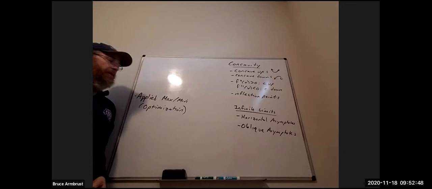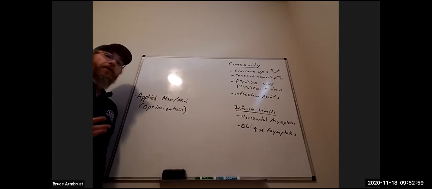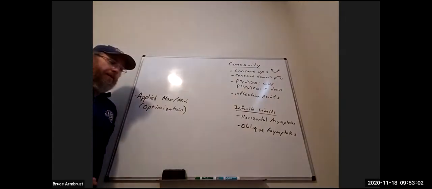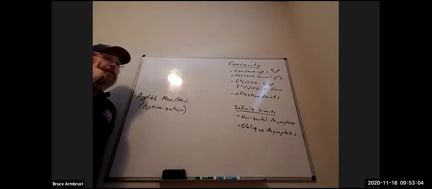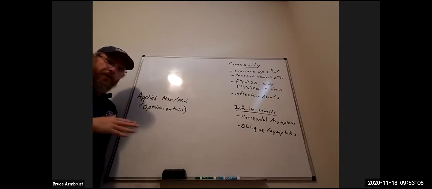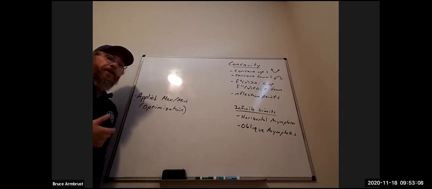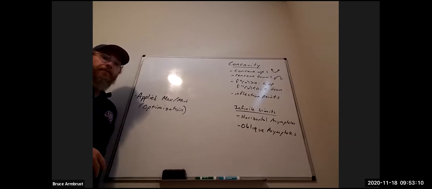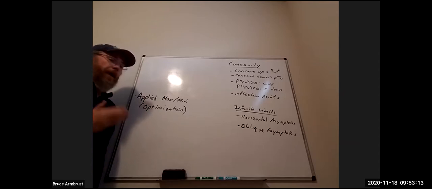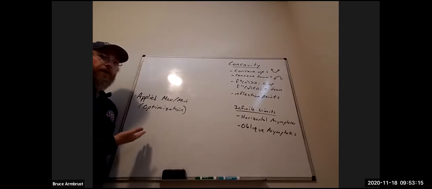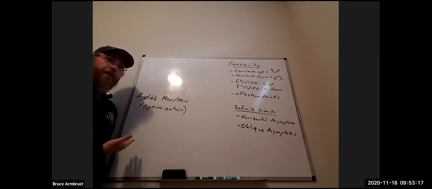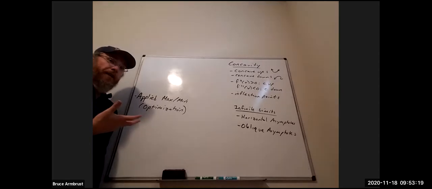So optimization, these were exactly what they sound like, right? Get the biggest revenue, the smallest volume, the whatever, right? Where we're trying to get maxes and mins, but in an applied setting. So this is actually very related to the earlier stuff in terms of finding critical points and testing them and whatnot. Now, these are also word problems, kind of like related rates, which means you have to find an equation